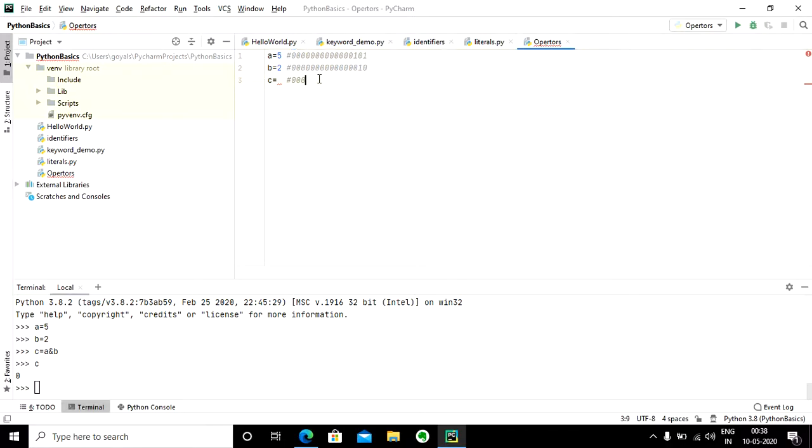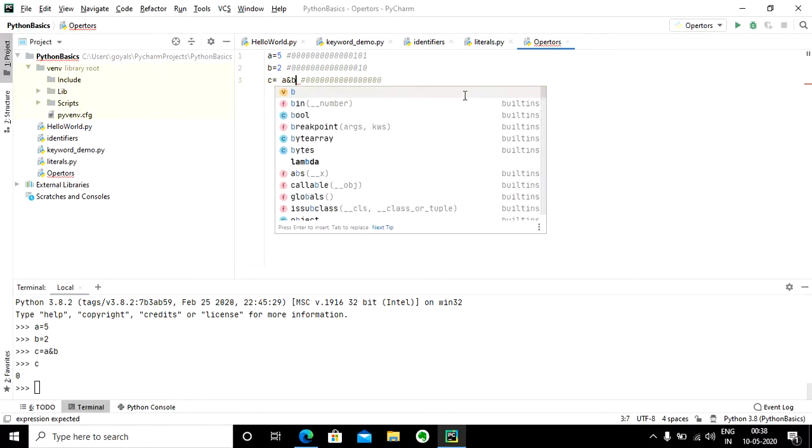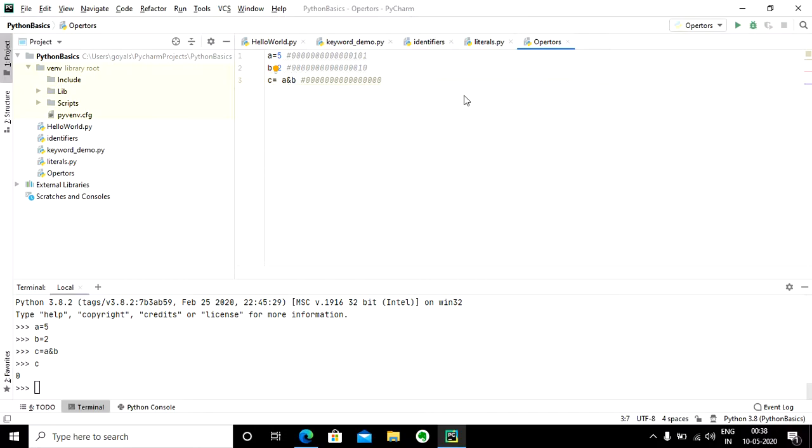So what is going to be the internal representation? That would be the internal representation that results when we are performing c equals to a and b. When I am performing this operation, that is how the output would be stored, and this particular output will get converted to decimal, and hence the output would be 0.